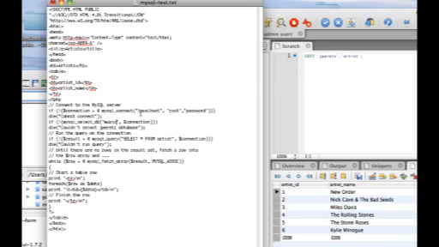I'm going to leave it as localhost because I'm going to be running the script on the same server where the database is running. Here I'm going to change it to my database account, and I'm going to use admin, but I could use either my read or write password as well. I'm going to put my password in here, and I believe that's what it is. Our database, or at least my database, is named after my name,